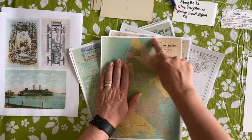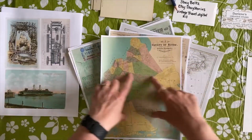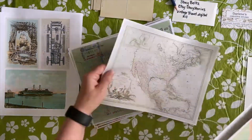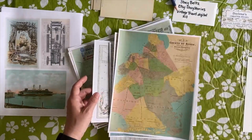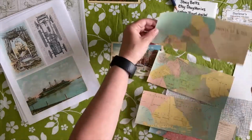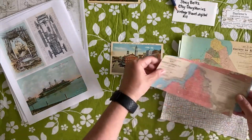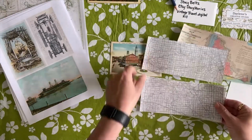So I'm just going to go to my cutter, and I'm just going to cut away all the white, and then I'm going to cut these in 3.5 inch strips, and then I'll decide what's going to go on the fronts of those. And I'm going to do that for probably all 3 of the maps, cut all the white parts off, and then go from there. So I've gone ahead and cut the white away from the edges, and then just cut these into approximately 3.5 inch strips. And then that will give me an idea of what to put on the